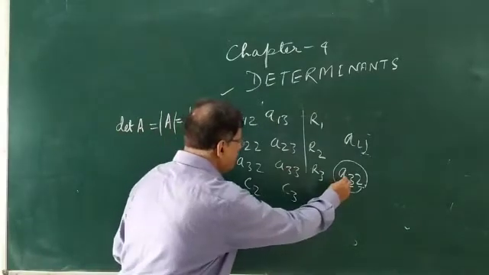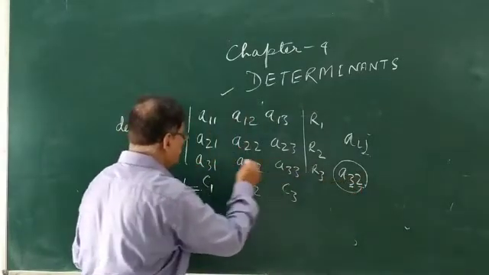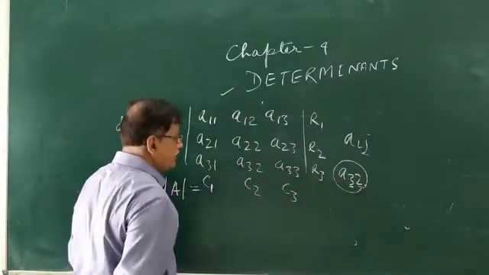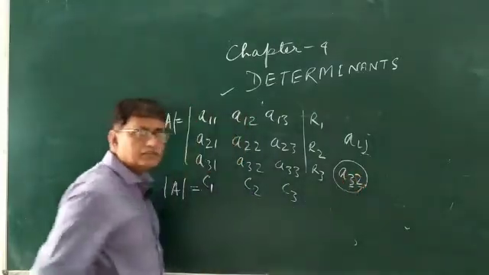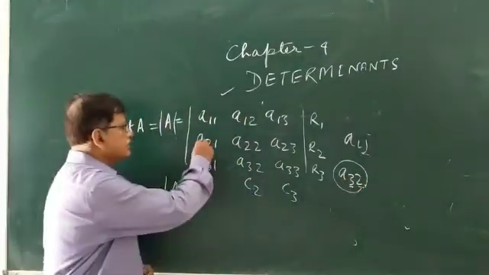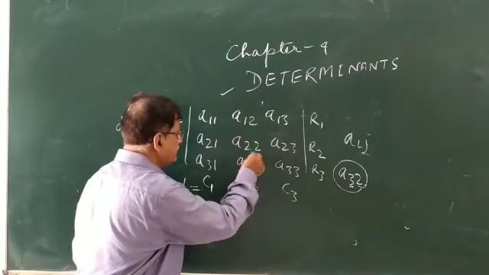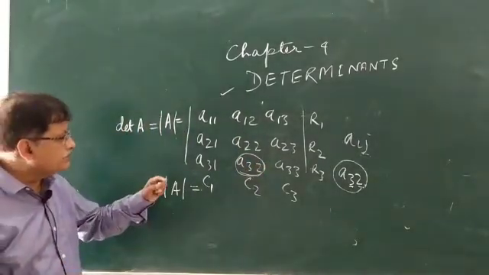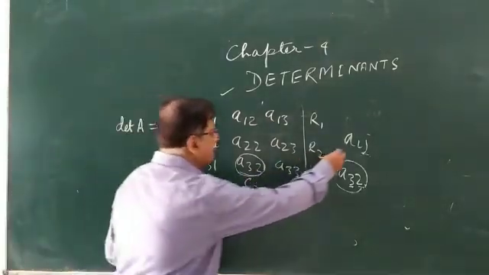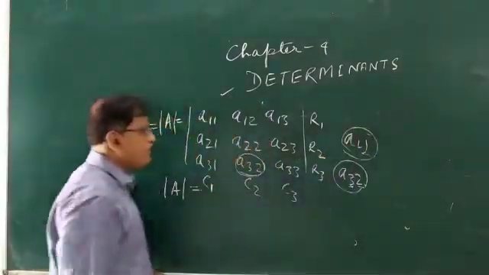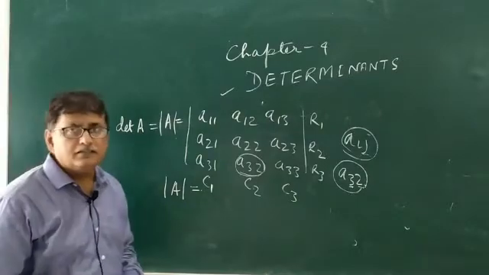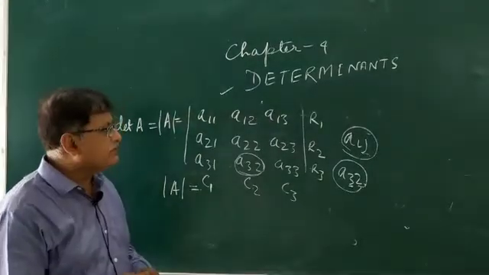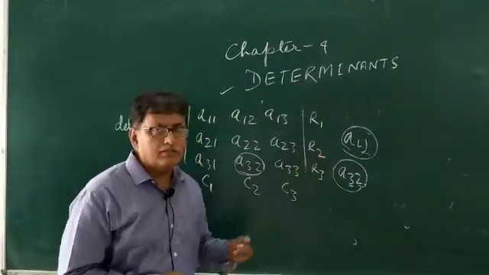So the position of A3, third row. Now come to the third row, that is third row. Now come to the second column, and see the position of this. So when we show like this and small letter, so it is considered what? It is considered the position of element, right?